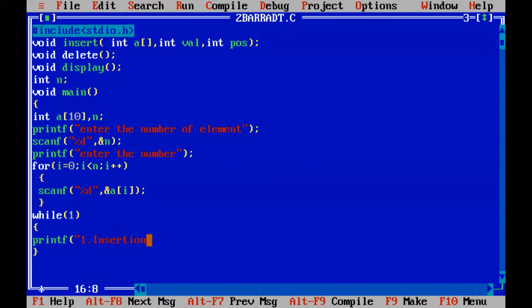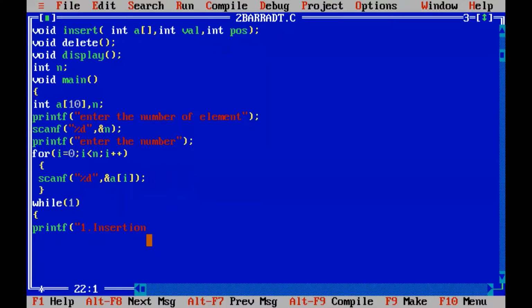Now, all the lines which I'm planning to give within this curly bracket will be executed. Got it? So now we are making it an infinite loop. I'll show you the difference. If you are not printing within the while loop, if you are just giving the printf statement, it will be executed only once. But if you are giving it within this while loop, it will be executed many times until a condition is satisfied to come out of the while loop. So for that, we will be giving the default case as exit. Got it? So these are the steps for making it a menu driven program, as well as making it an infinite loop.